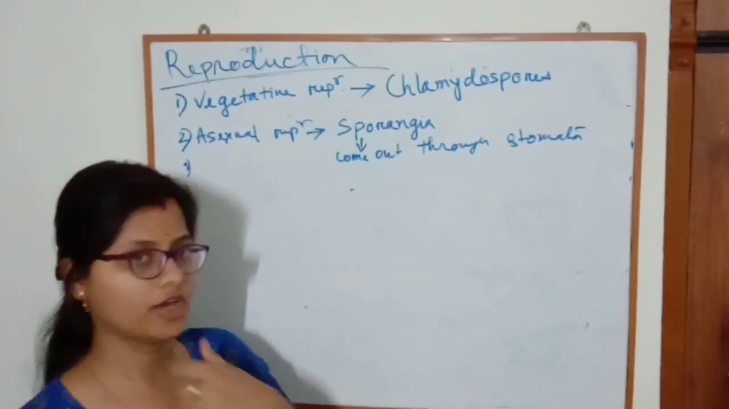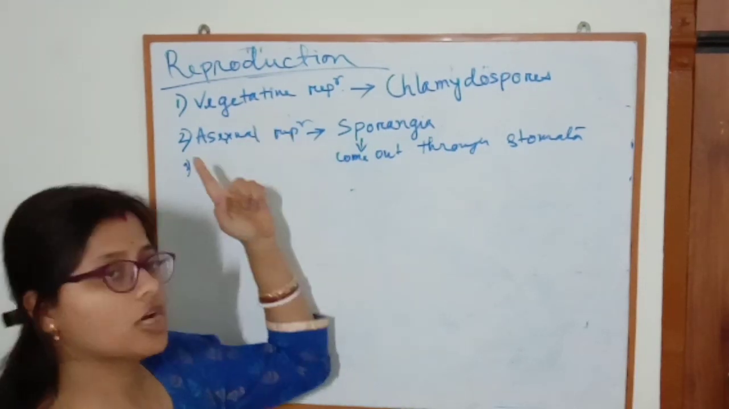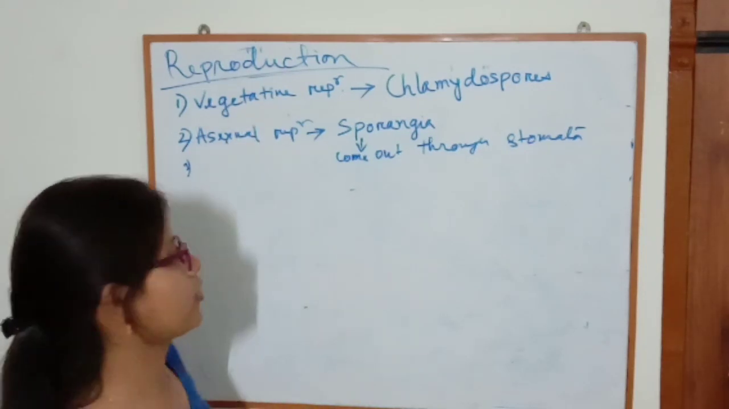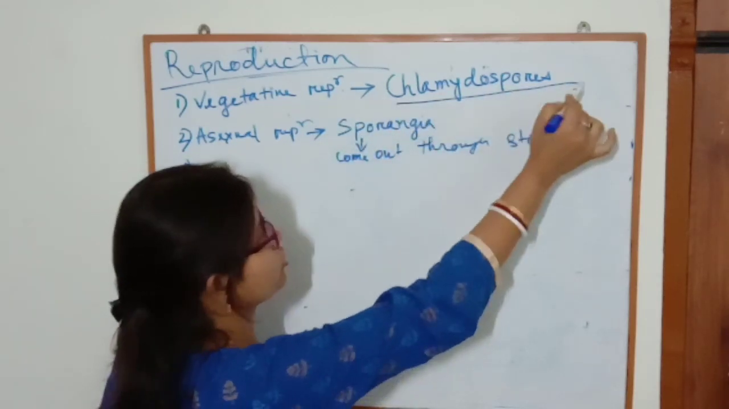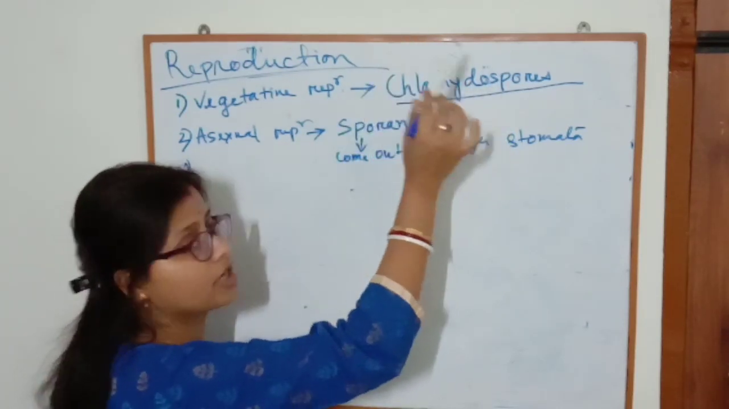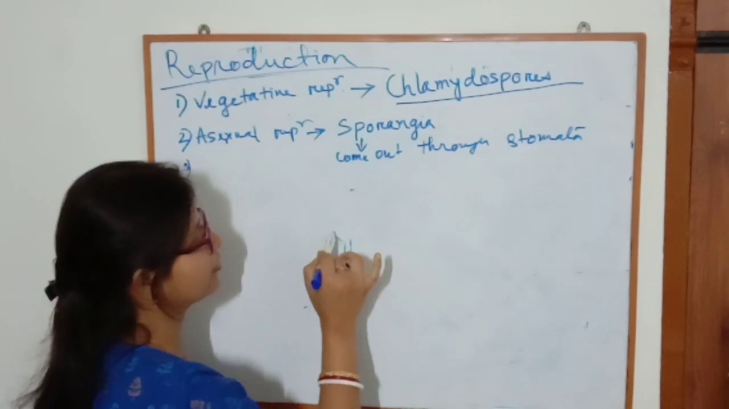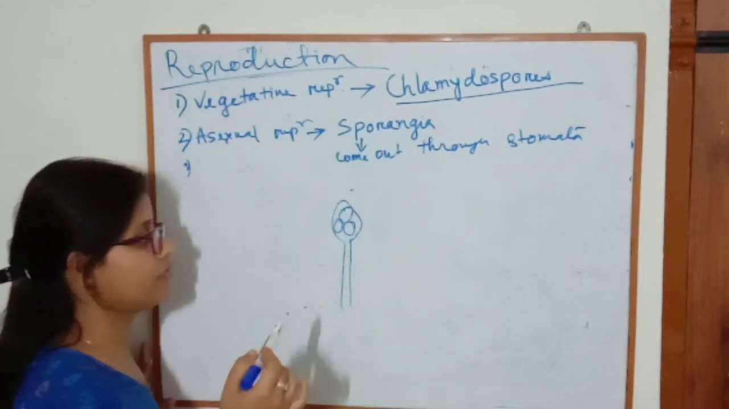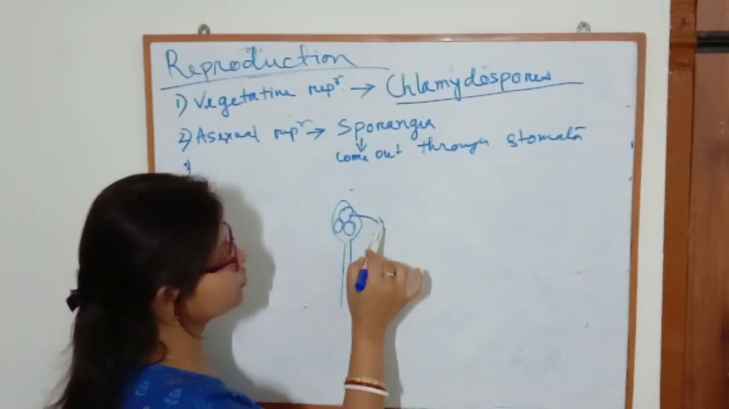Now come to the point, reproduction. Phytophthora reproduces by three ways: vegetative reproduction, asexual reproduction and sexual reproduction. The first one is vegetative reproduction. They reproduce vegetatively by means of chlamydospores. This is the vegetative reproductive spore. At the tip of the hyphae or mycelium, they form chlamydospores, and in a favorable environment, they come out,